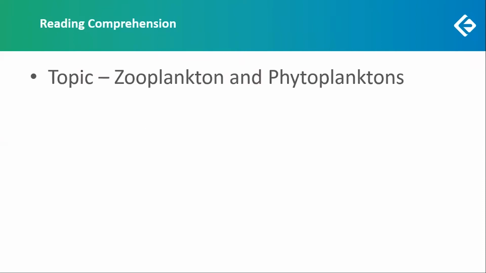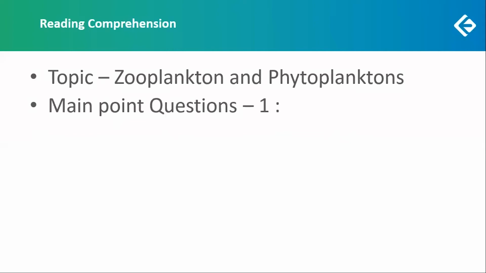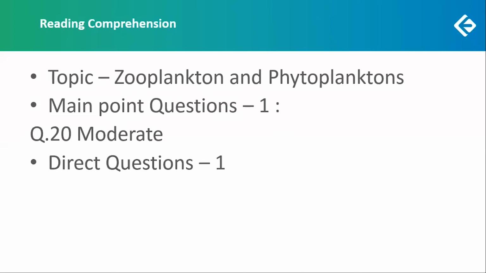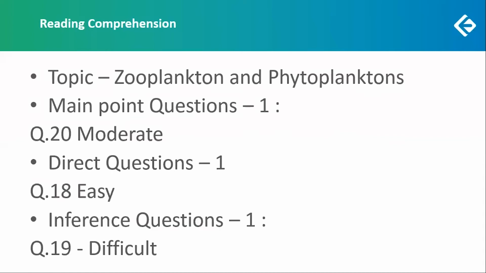We move on to the last passage, which is based on zooplankton and phytoplankton. So it's a science based passage. We had one main point question, which is moderate, question 20, one direct question, which is question 18, which is easy, one inference question, which is question 19, which is difficult. So again, here you could do two questions and one was difficult, or you could do one and two were not